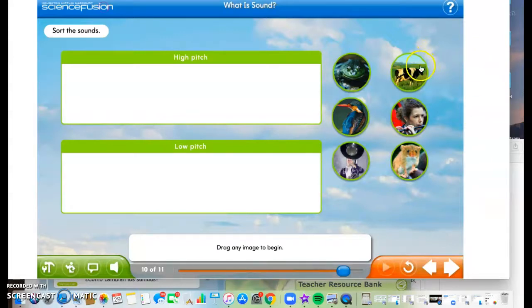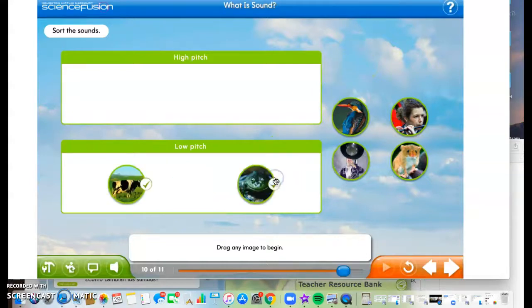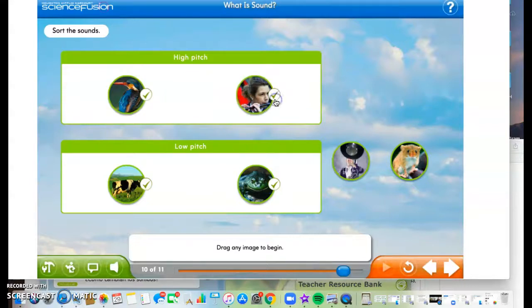Okay, what do you think about the cow? I'm hearing it in my head. Is it up a high pitch or down low? Moo, that's low. Okay, what about a croaking frog? Ribbit, ribbit. Or is that a toad? I'm not sure. What about a bird? Bird twittering. Yep. What about a piccolo? Piccolo goes. Yep, that's a high pitch.